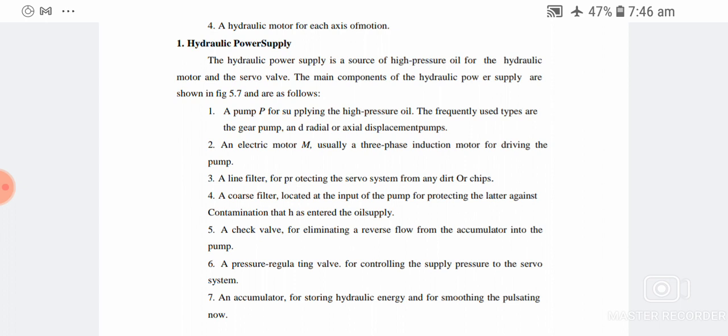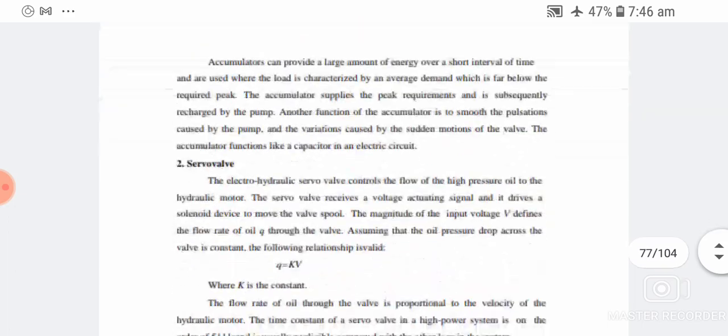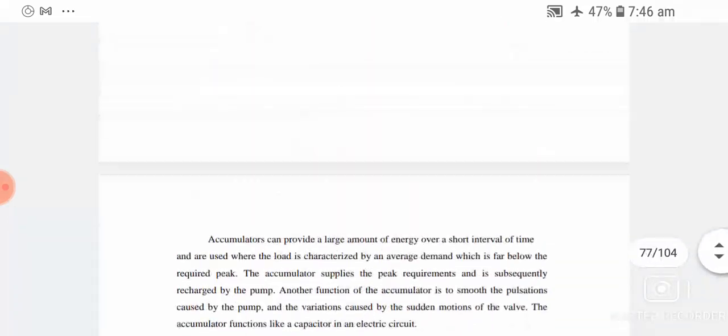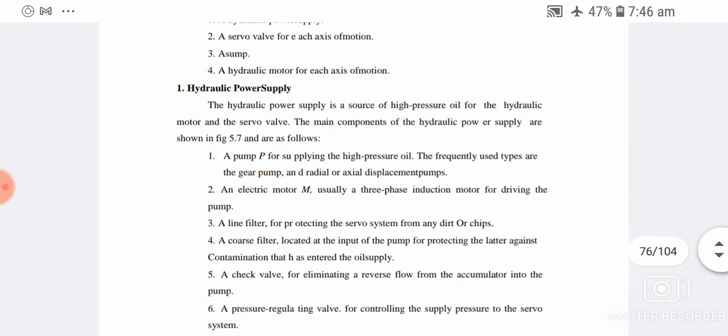The main components of the hydraulic power supply are shown in the figure. A pump supplying the high pressure oil, frequently of the type gear pump or radial or axial displacement pump. An electric motor, usually the 3-phase induction motor, for driving the pump,